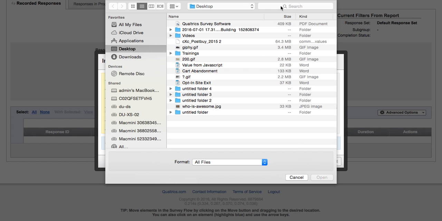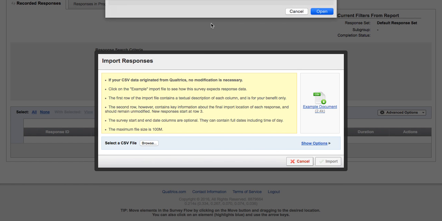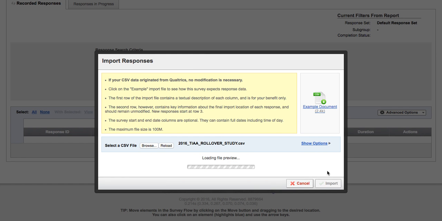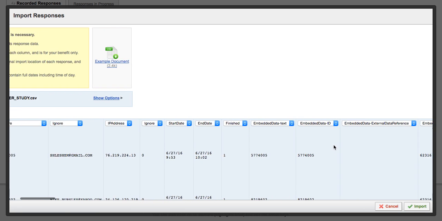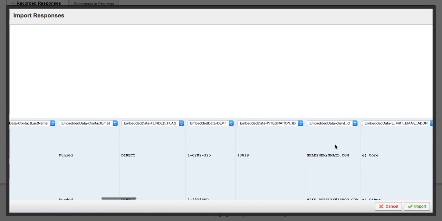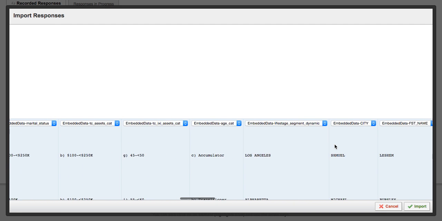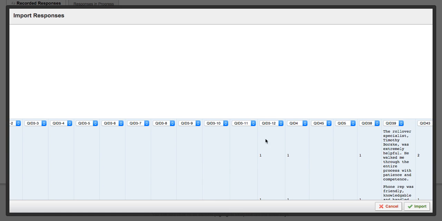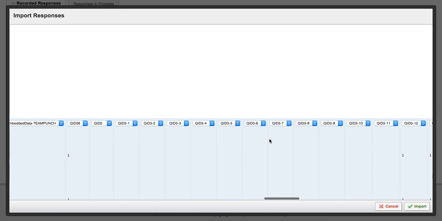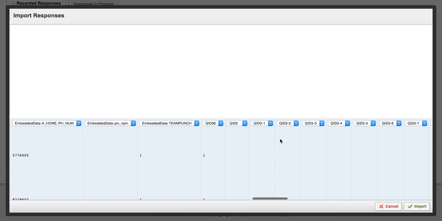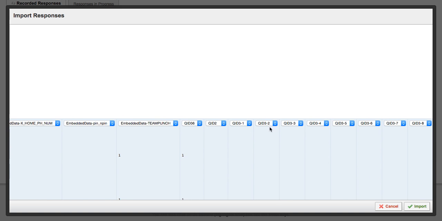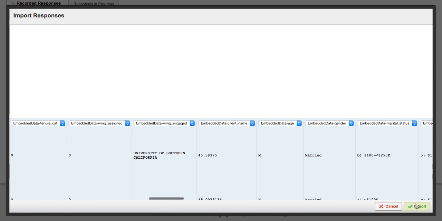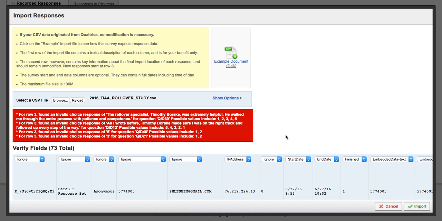I would find the 2016 TA rollover study. And then that will just import everything here. I'm just going to go and find Q1 just really quickly to show. So now I have... okay, so yeah, it's in here anyway. But basically now when I click import,